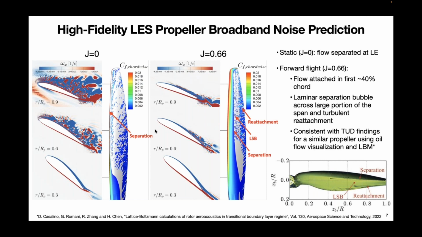at takeoff or at hover condition. For forward flight, which is an advance ratio of 0.66, you see that the flow is attached in the first about 40% of the chord, and then, based on what you observe from the wall shear stress, you see a laminar separation bubble picked up by the simulation, which spans across a large portion of the blade, and also turbulent reattachment near the trailing edge. This is very much consistent with the findings by our colleagues from the aeroacoustics team at TU Delft, using a pretty similar propeller, using oil flow visualization